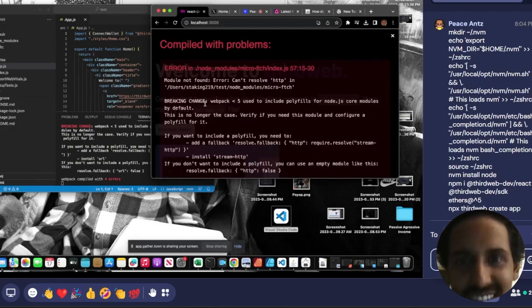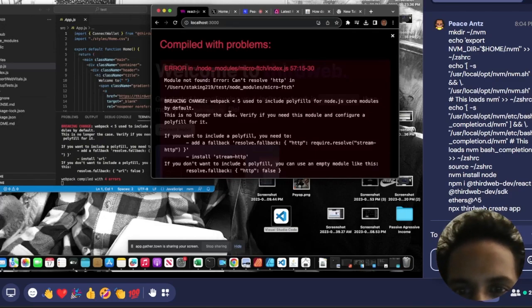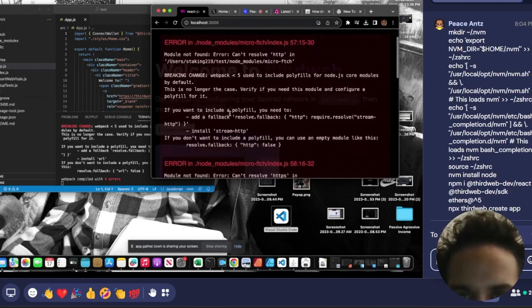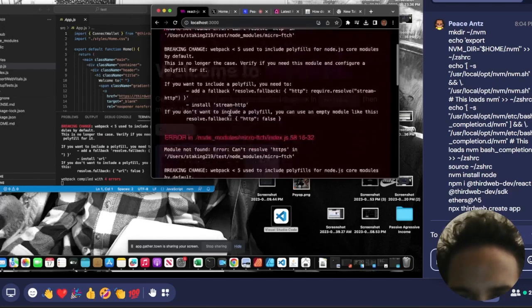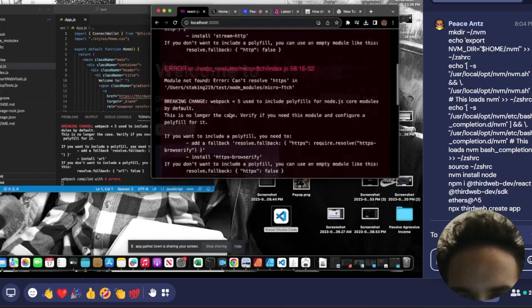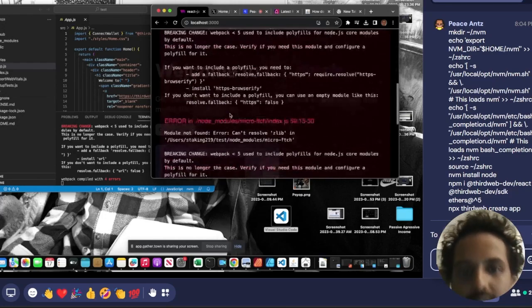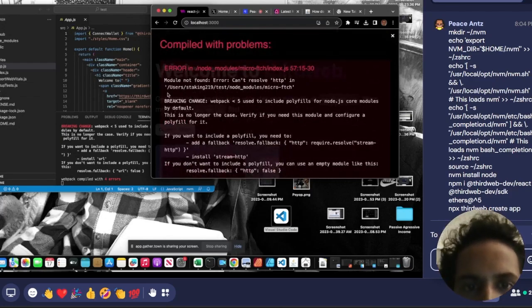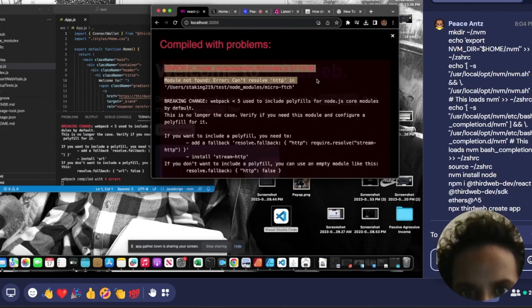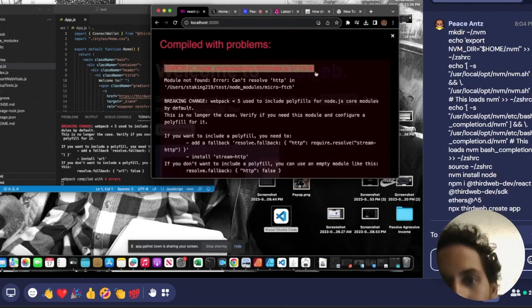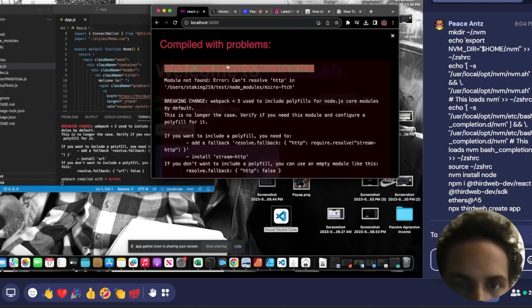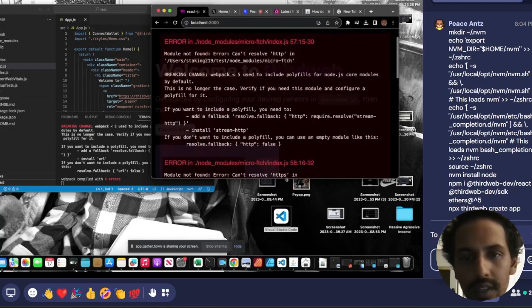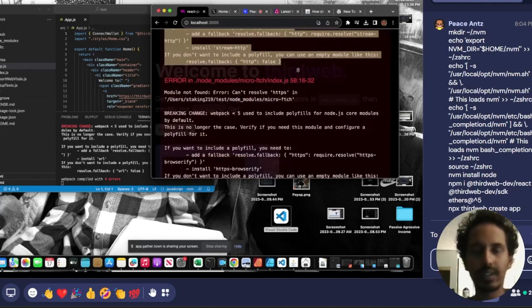Oh, no. Got some errors. Failed to compile with a bunch of problems. What's going on? What the hell happened here? Okay, just copy one of those errors and send it over to me, from the error line all the way down. Copy the whole white part too. Yeah, that'll do.